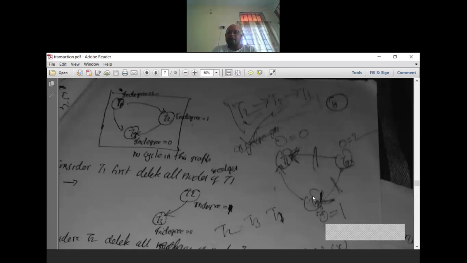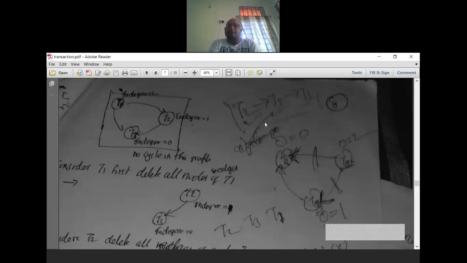So I will now check the next outgoing arrows. This has the maximum arrows of these two. Now I will check, one arrow is here, but no arrow is from this side. So I will take out T3. So I have taken here T3. Now I have again cut this link. Now the remaining is T1. So I have written here T1. So I can say this is the conflict serializable schedule of this one.